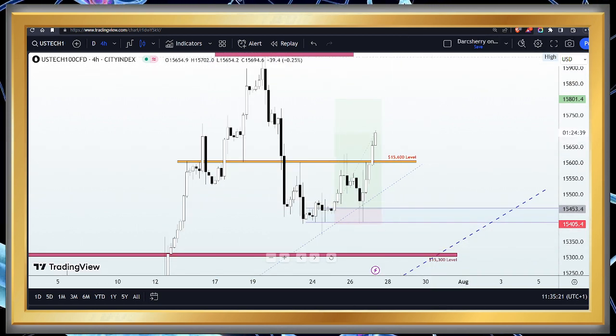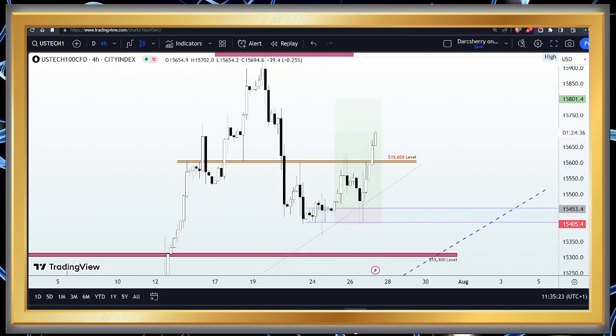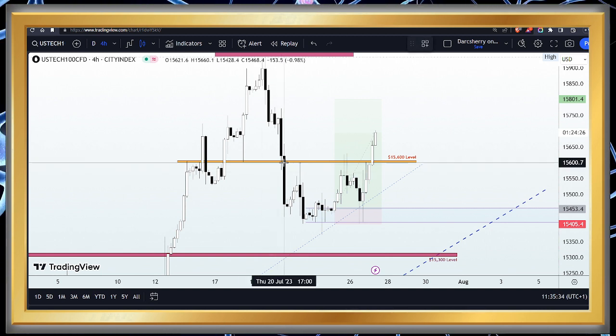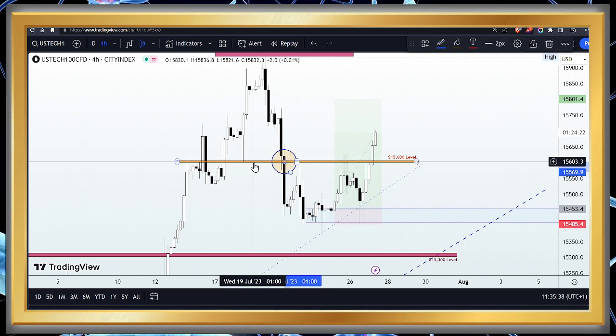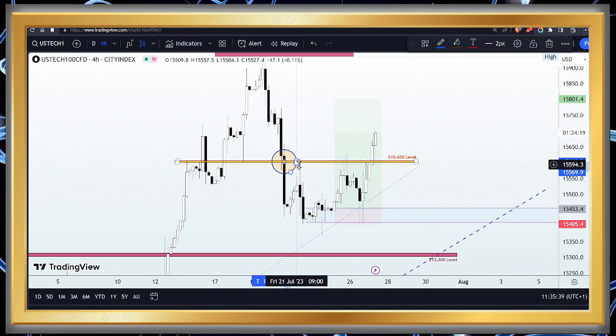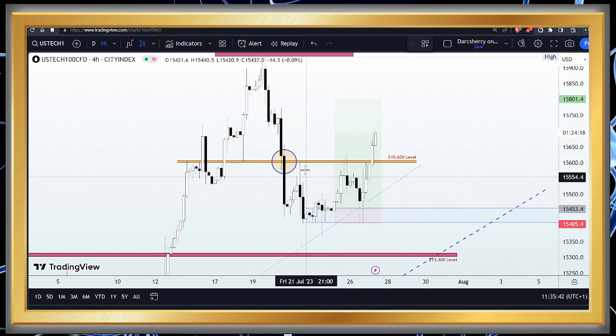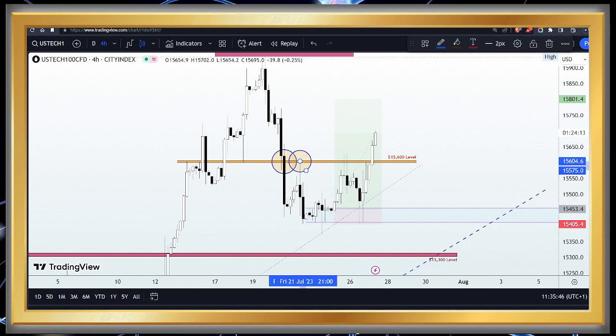Now remember, yesterday I told us all how this level will be a major determinant of price action going into yesterday's trading session. One of the things I made mention of is how this level, since it was broken during Thursday last week's trading session, price has remained below that structure, and every attempt by the buyers to break through has been met with strong resistance from the sellers, as you will see.